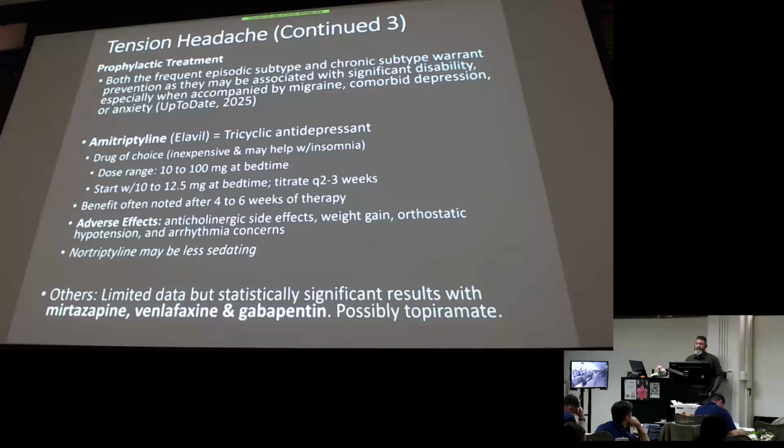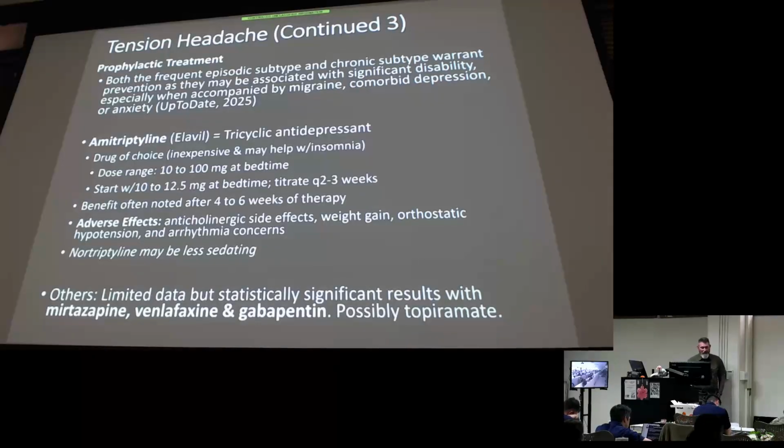Consider prophylaxis if you have tension headaches more than 2 times a week, or if it lasts quite a while, or if it's very severe, right? So just like we have prophylactic treatment in migraines, we have it in tension, but the good news here, you need to know one drug. And it's on the slide. Prophylaxis for tension is amitriptyline, a tricyclic antidepressant. Don't worry about dosing. Adverse effects don't change because it's being used for tension headaches, right? It's still anticholinergic side effects.